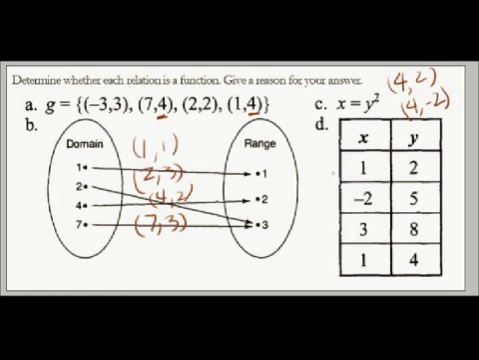In D, we have 1 mapping to 2, and we have 1 also mapping to 4. So we have an example of a student who has 2 different ages. So that fails our test also. So it looks like if we're going to figure out A, B, C, or D, which ones are the functions,